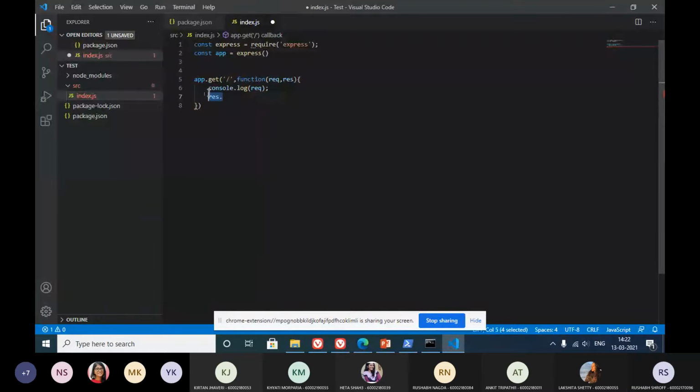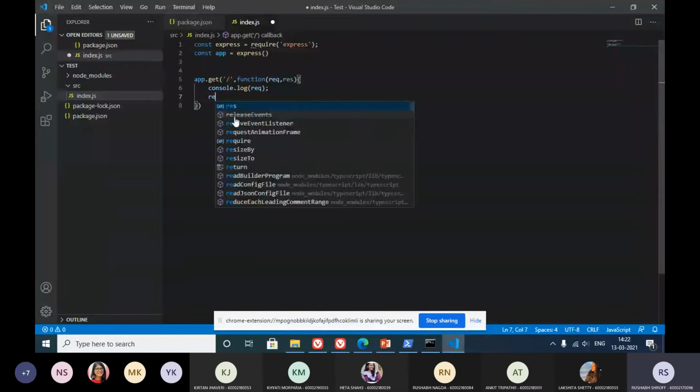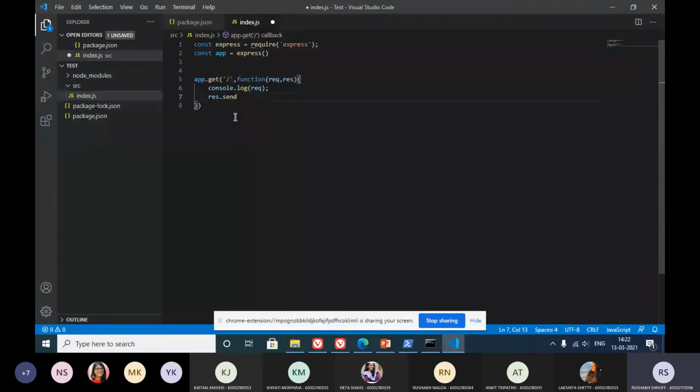So basically, if I just console.log this request, this is the entire request that we've received from the user onto our server, and now we are supposed to send some response. We can do all the calculations we want inside this function and then send a response, which will then be sent to the user. To send it, we do response.send, and inside that we can type in anything, like okay or request received, or whatever response you want to send.